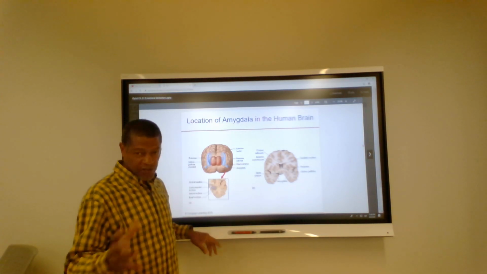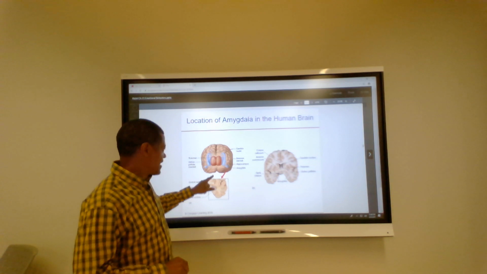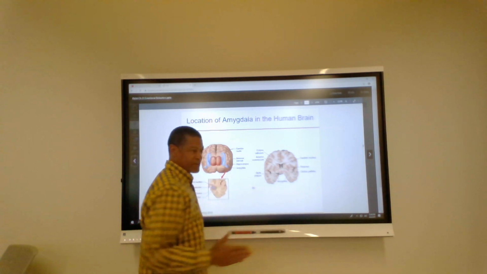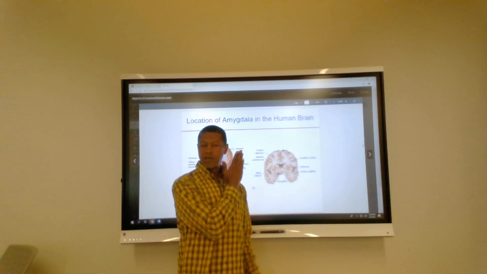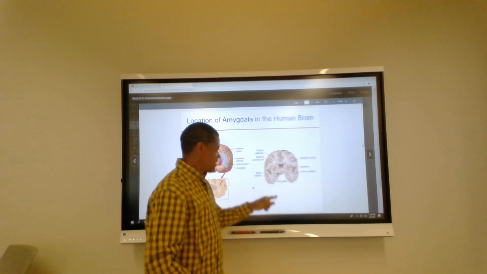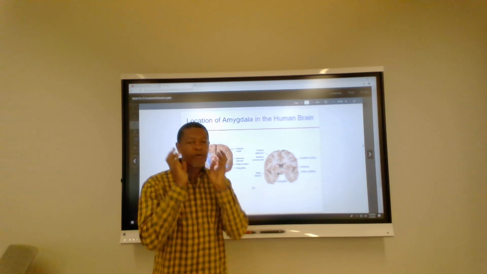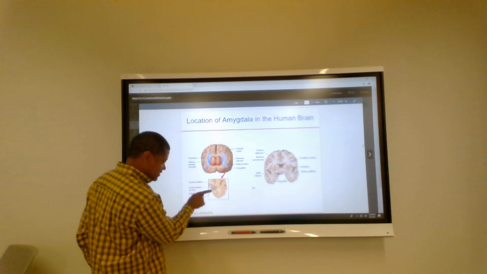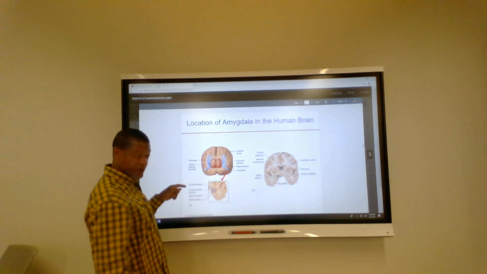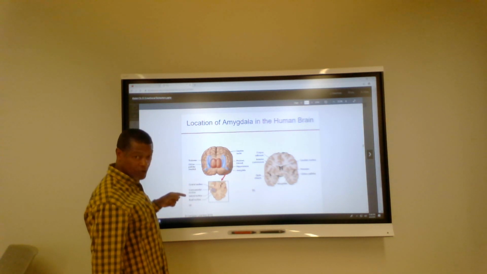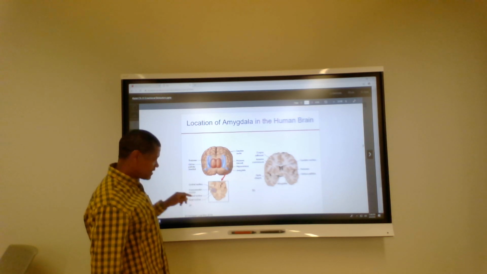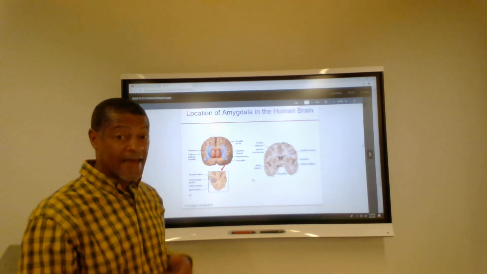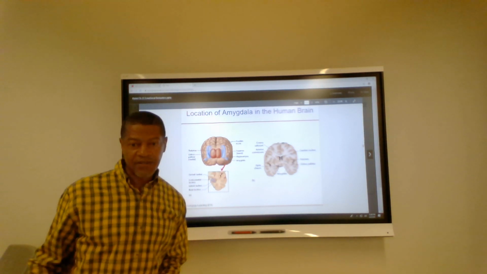So we just talked about the limbic system, but if you break this down a little bit further, here's the brain. Take a cross section of the brain, that's actually a coronal section, and you know the brain areas from this point on. The amygdala is down here in the temporal lobe area, right here. You blow it up, and the amygdala is sitting right there in color. All those areas we just talked about, the central, cortical, medial, lateral, and basolateral, are all right here. Essentially, those areas have been investigated in animal models. Now we also know that in humans, they operate the same way.